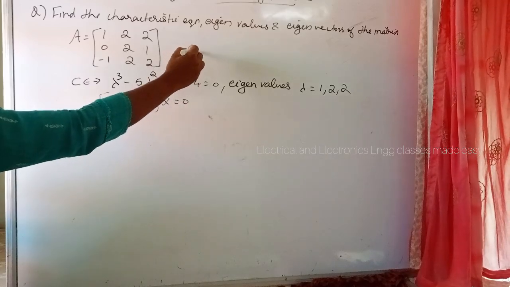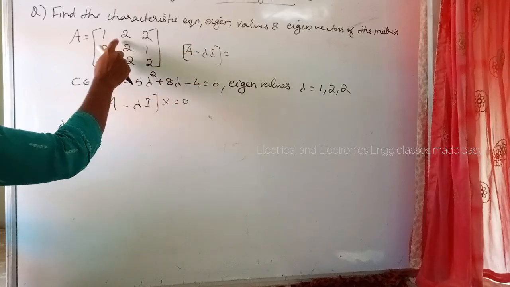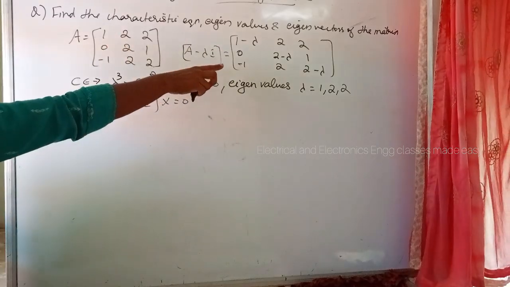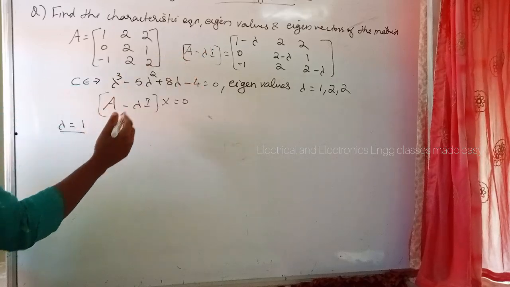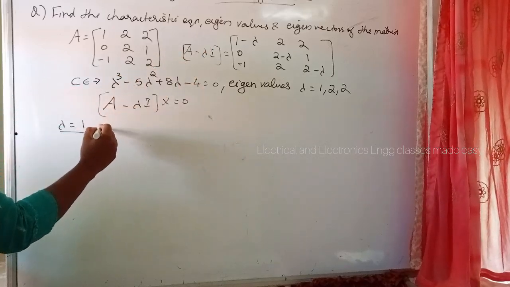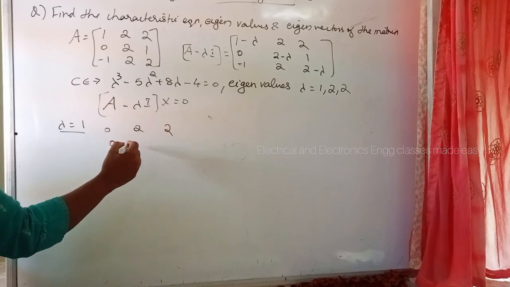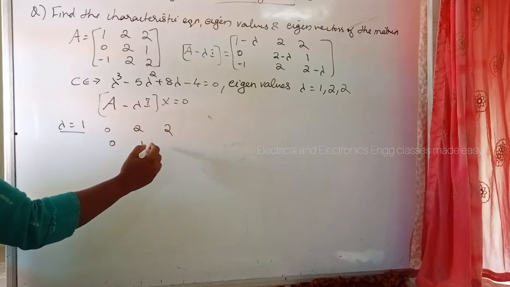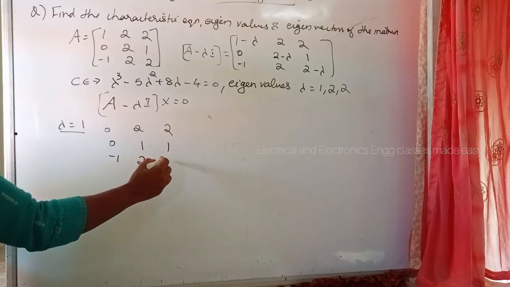So this is A minus lambda I. So put the value lambda equal to 1 here. So here we will get 1 minus 1, 0, 2, 2, 0, 2 minus 1, 1, 1, minus 1, 2, 2 minus 1, 1